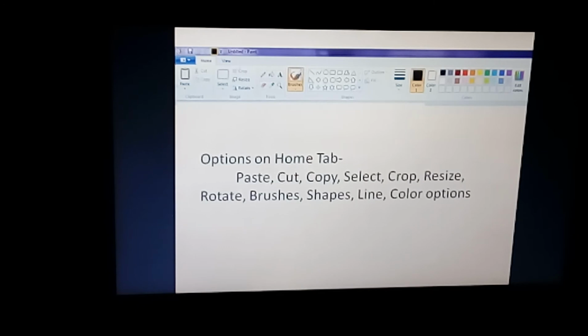When you open Paint, you will see the Home tab here. In that Home tab there are different options. What are the options on the Home tab? There are different options like paste, cut, copy, select, crop, resize, rotate, brushes, shapes, lines, colors, etc. These are the options present in the Home tab.